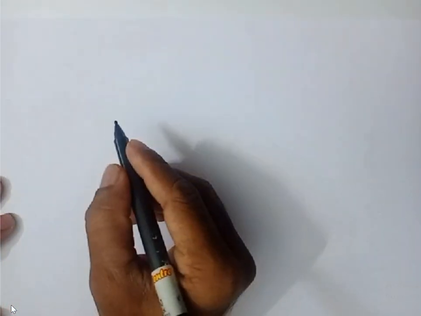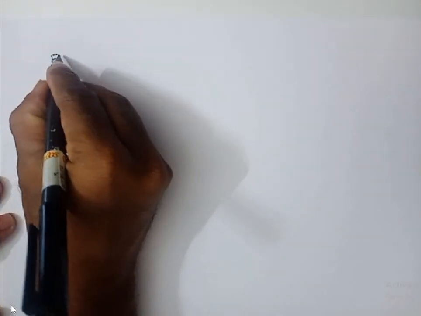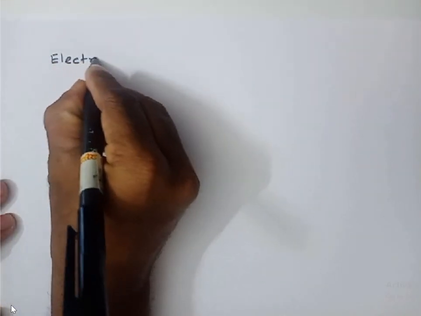Hello. In this lecture I am going to discuss how the nature of the electrolyte affects the product of electrolysis in a particular electrolytic process. Here, what I mean by nature of the electrolyte is whether you take the electrolyte in the molten state or in the dissolved state. So in electrolysis we can take the electrolyte